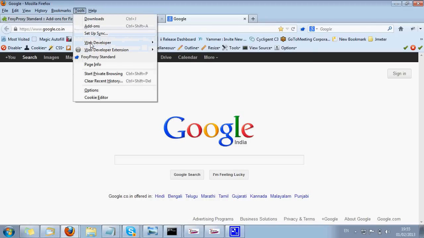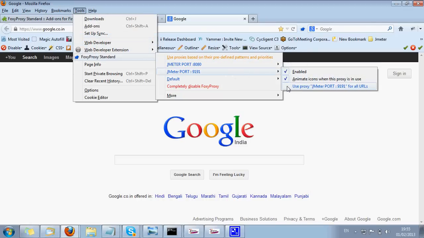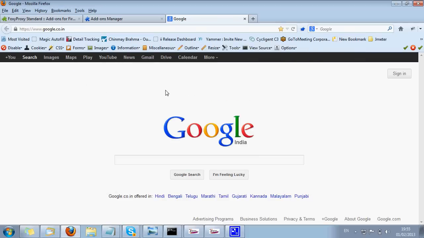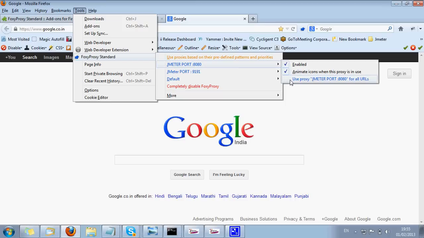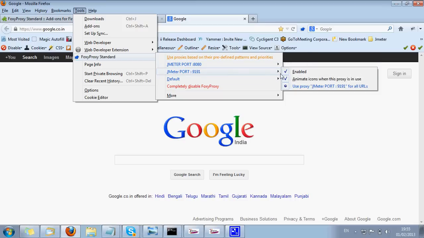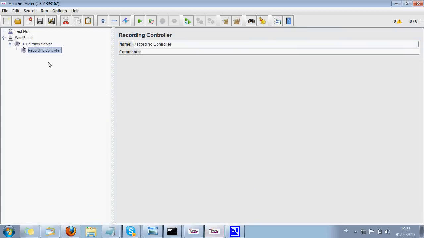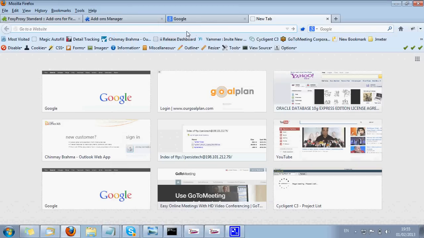So I would like to change this and use this 9191. So now you can see that my 8080 is not checked and my 9191 is checked. So anything I am going to open should be recorded under my proxy server with port 9191. Okay, so let me open, say, google.com.